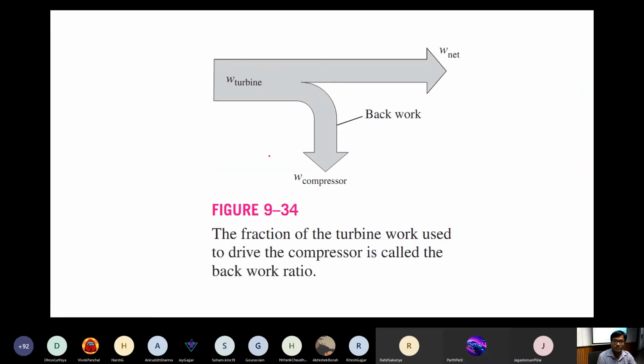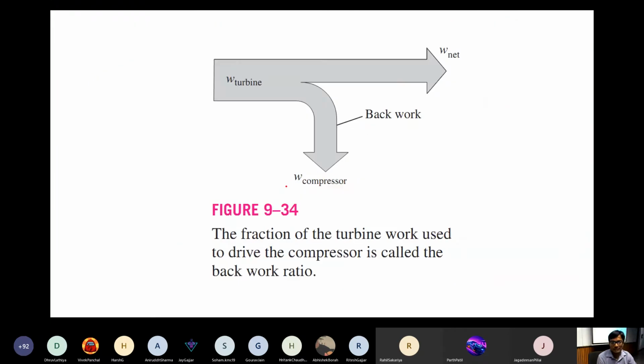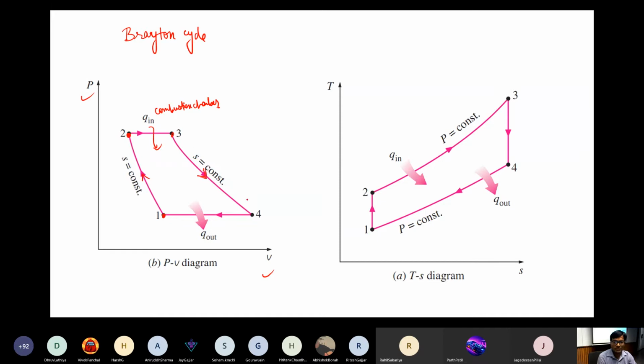Turbines are also generally adiabatically enclosed. So adiabatic expansion is nothing but isentropic expansion. After 4 to 1, the exhaust gases liberate heat to the free environment and come to state 1 again, and we can think of it as a complete cycle in some sense. Analogously, we have seen the same thing in our diesel and petrol engines. Okay, so this is again a cycle.